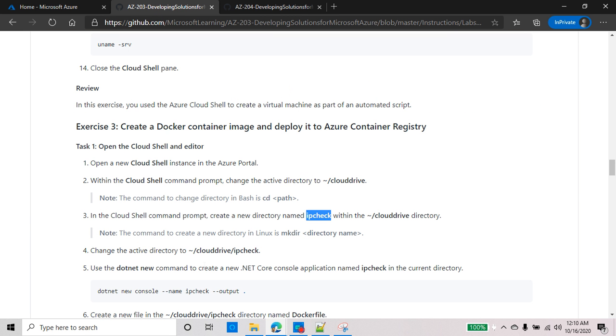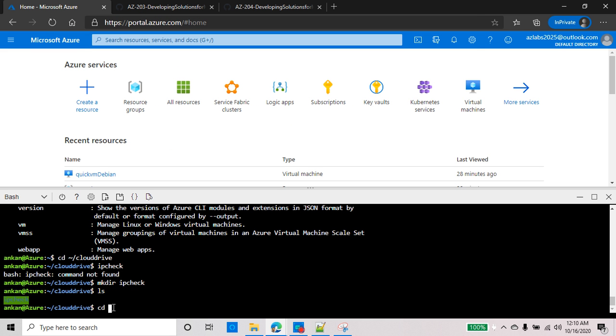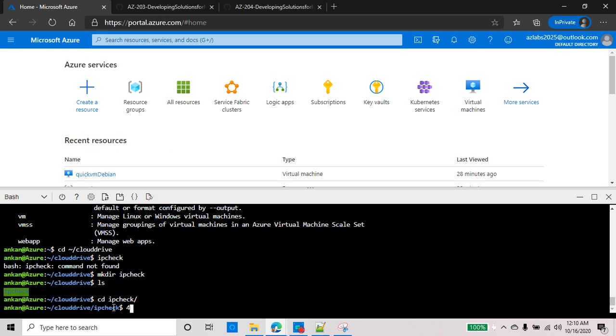So next we are going to change the directory and go inside the ipcheck, and then we are going to start a new .NET application. So that's good. Just do a cd and ipcheck. Now you can see that you are inside cloud drive and then inside the ipcheck folder, so you're ready to create the .NET application